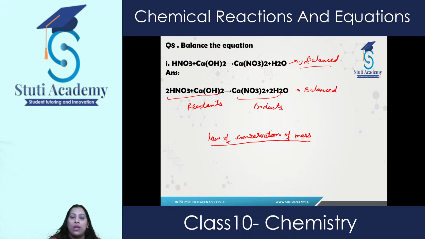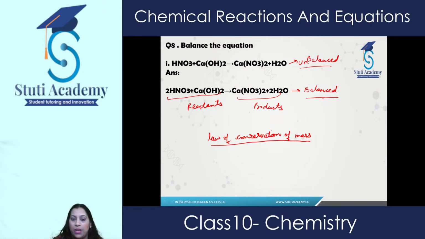So if we look at this reaction, here all the elements are equal, they attain equilibrium, so that's why we call it a balanced chemical equation. And a balanced chemical equation always follows the law of conservation of mass. It always obeys it. That's why we need to balance a chemical equation. Then apart from this,